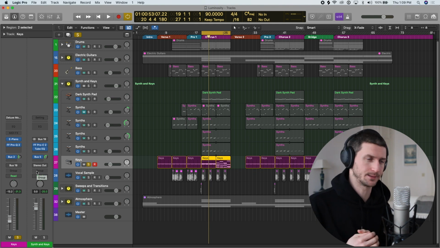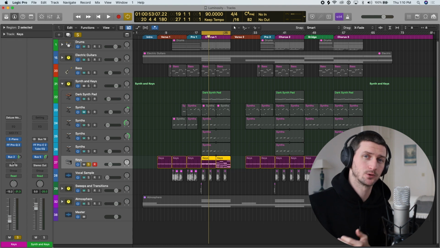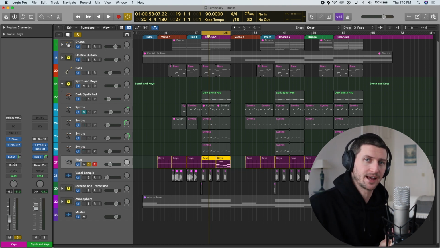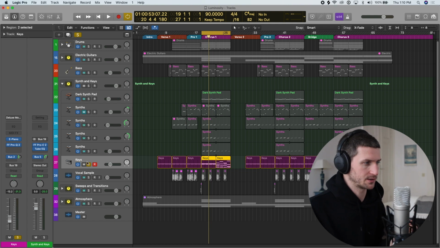One I like to add is by Sound Toys. It's called Microshift. I go so far as to actually have the Sound Toys Microshift and a chorus plugin on a bus that I can just send any track I want to make more wide. For example, if I wanted just to make this keys more wide right off the bat,